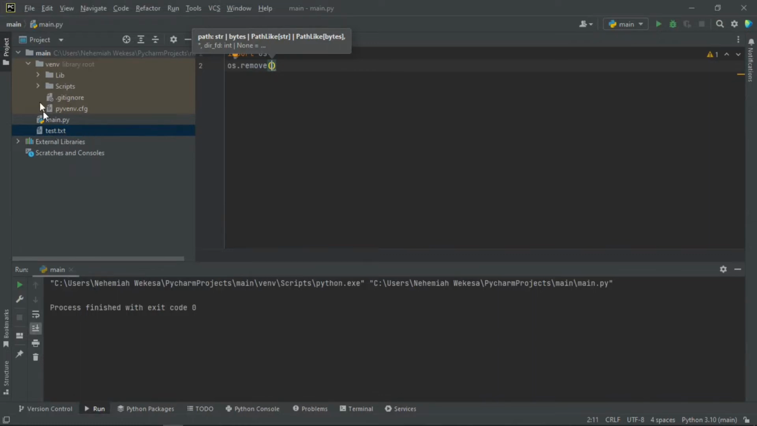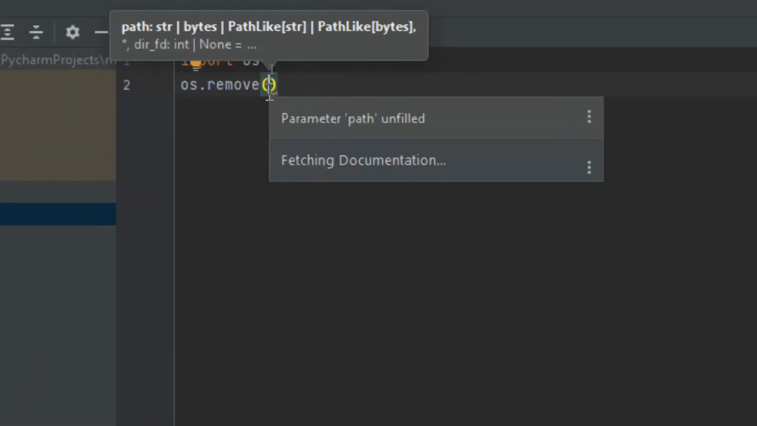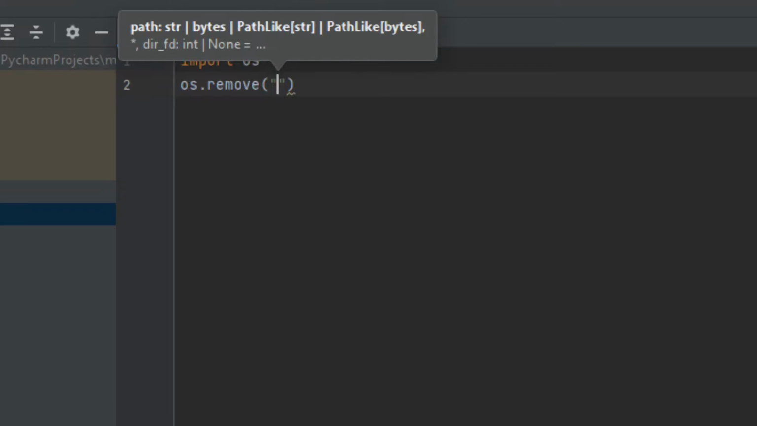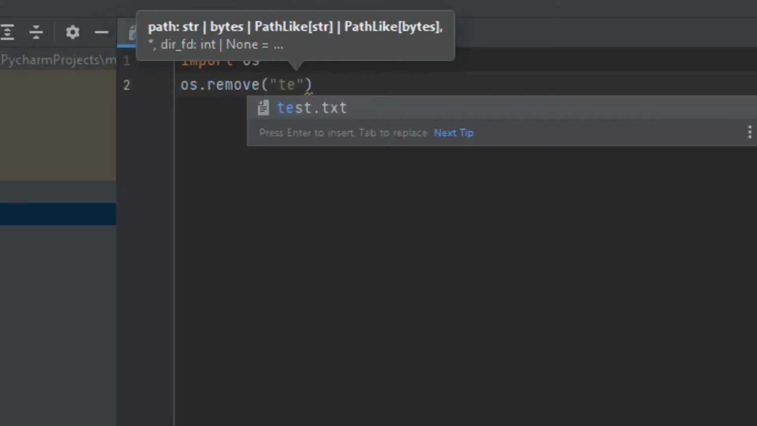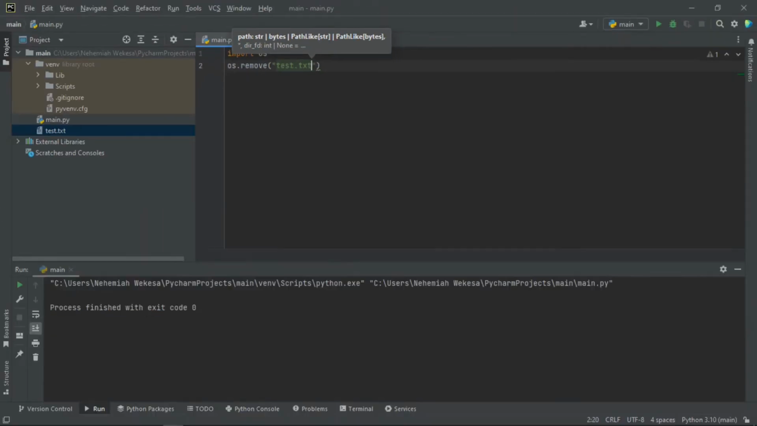But because it is in this directory, guys, let me just type in the file name. Remember, the file name is text. Now you must first of all include these two quotes, and then let me say it was test.txt. Now guys, to run it, you use this run button, or you can use the shortcut